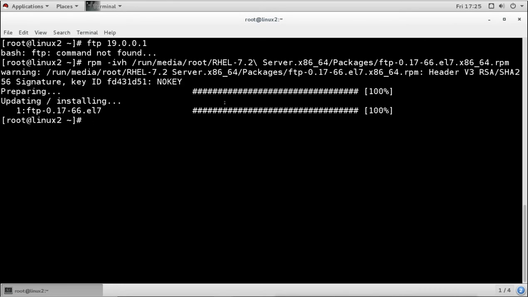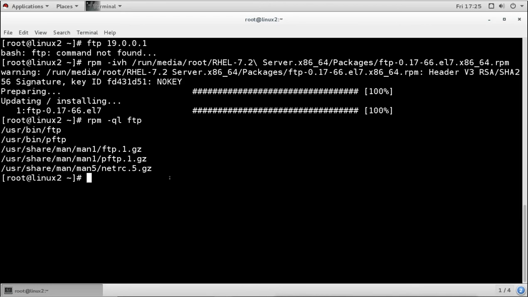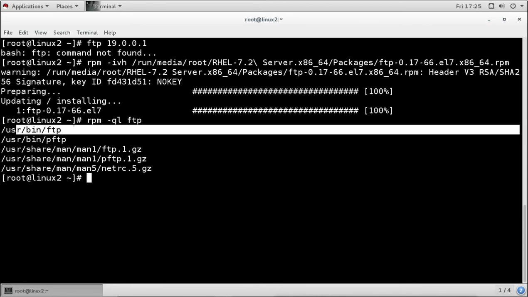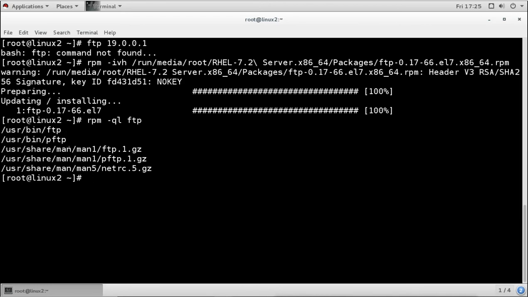Now when I run this, it is installed. It is very simple too. It gives us the command only. After installing the package, what we got is only the FTP command, and then the documentation for that command, the man page.